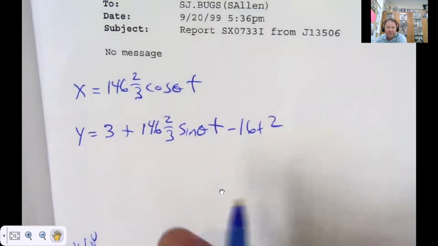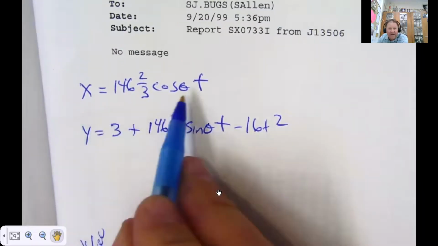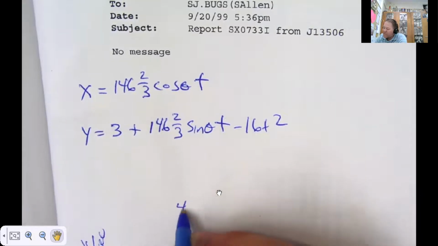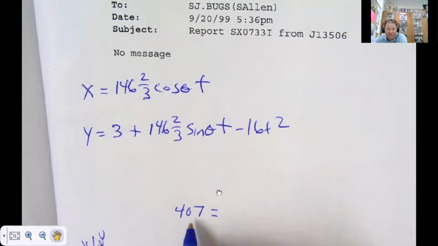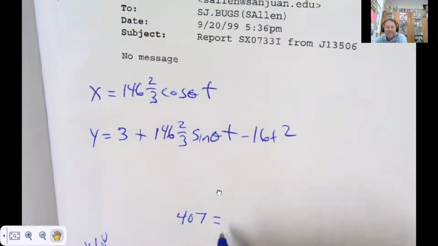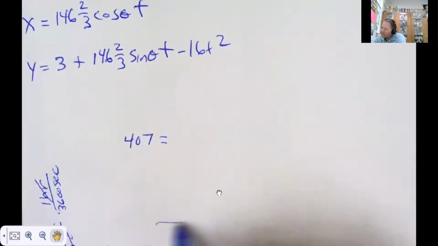But here we go. Here are my two parametric equations. Here's what I was thinking. We want to know at what time the ball is going to go 407 feet. Because that's how far away, remember, X, that's how far away the fence is. And at what time is that going to happen? Remember, it looks like this,